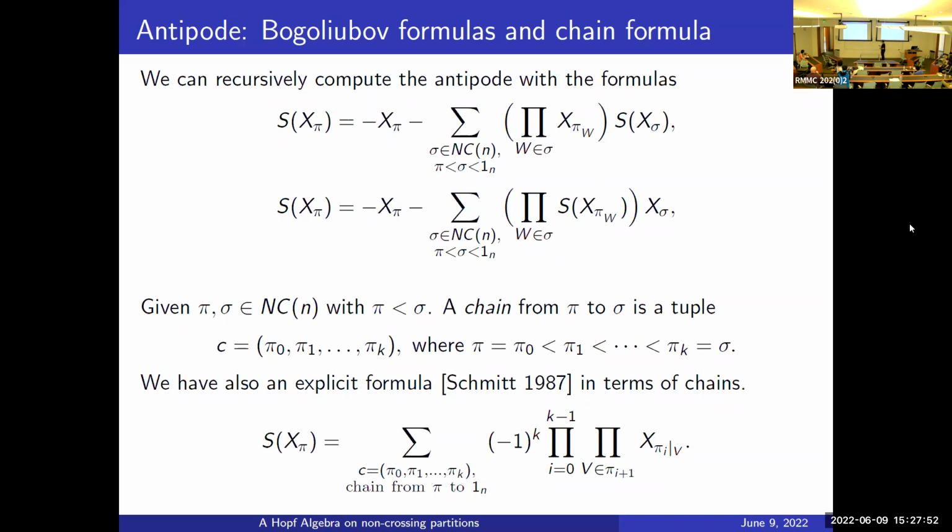Okay, good. And this is very related to how Mobius function works, right? Good. Yeah, so one